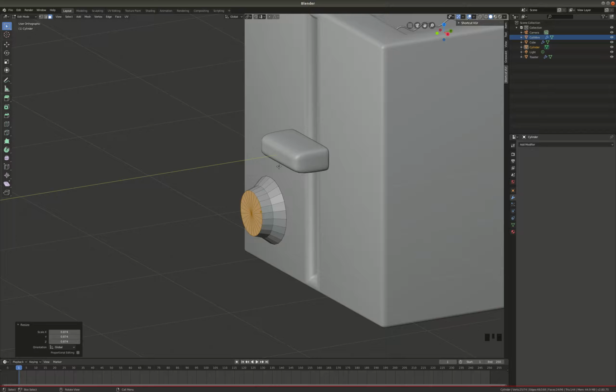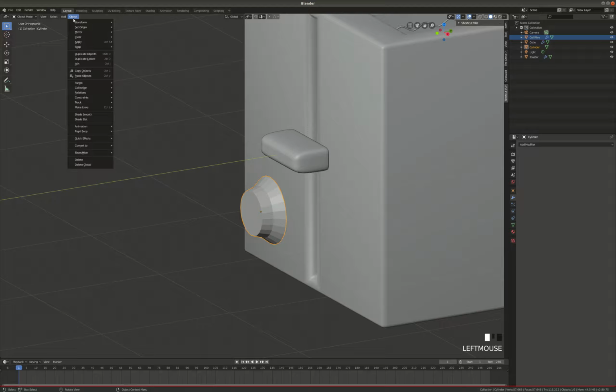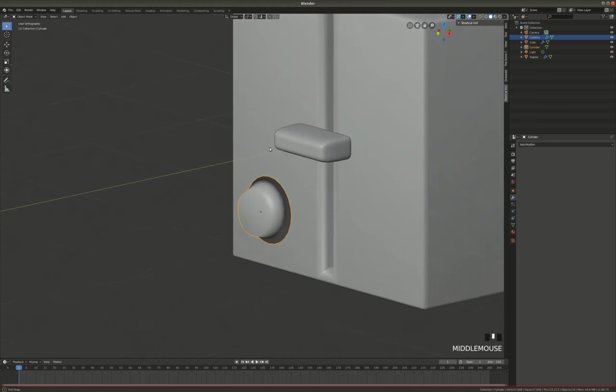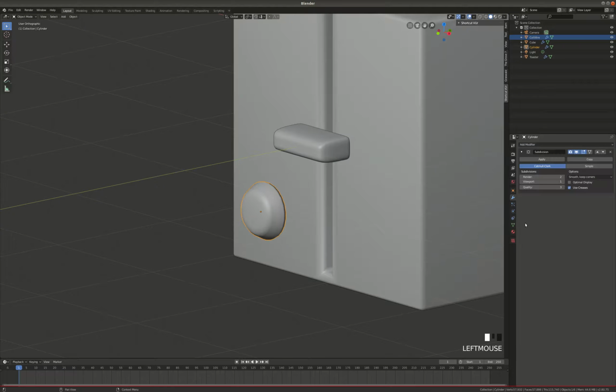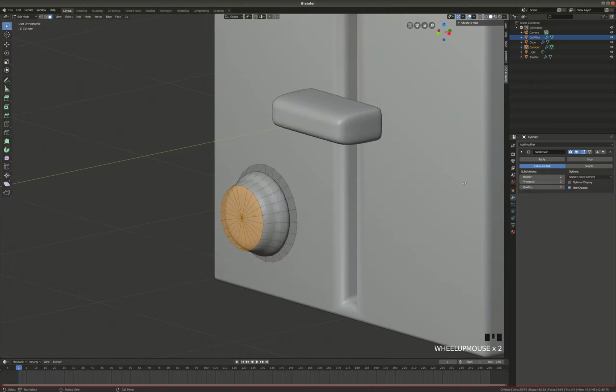And then I'm going to tab out of edit mode. I'm going to go to my object menu and smooth shade this thing. Starting to look a little bit weird. I'm going to add a modifier. I'm going to add a subdivision surface modifier, and then I'm going to tab back into edit mode, apply my